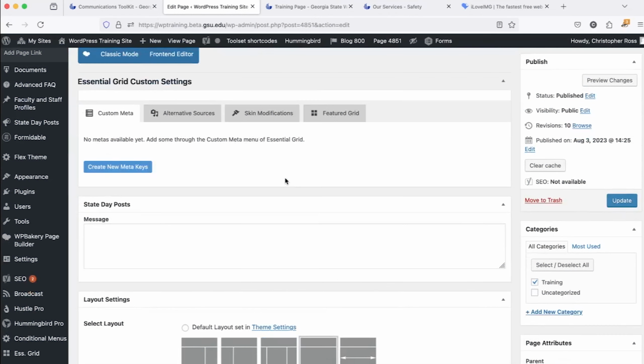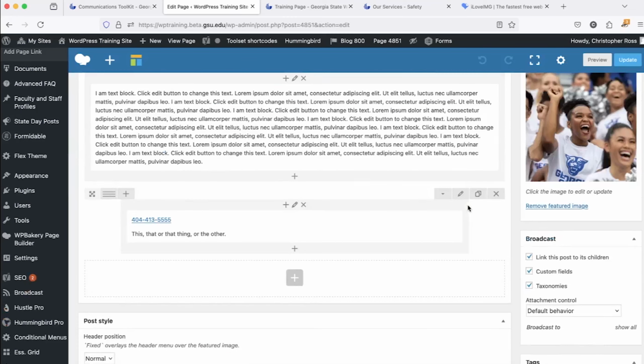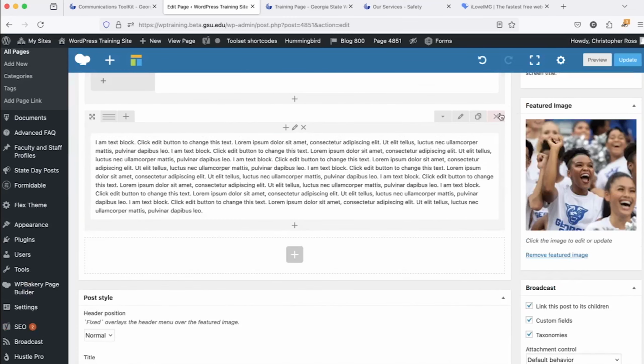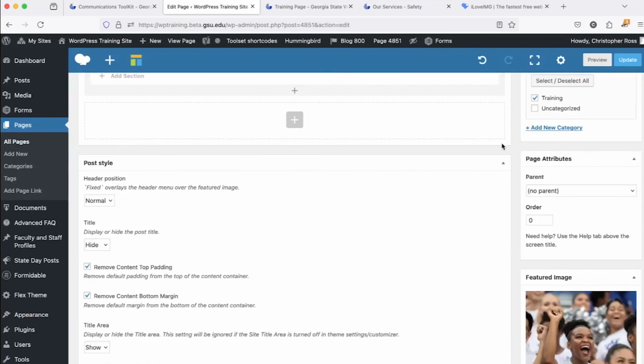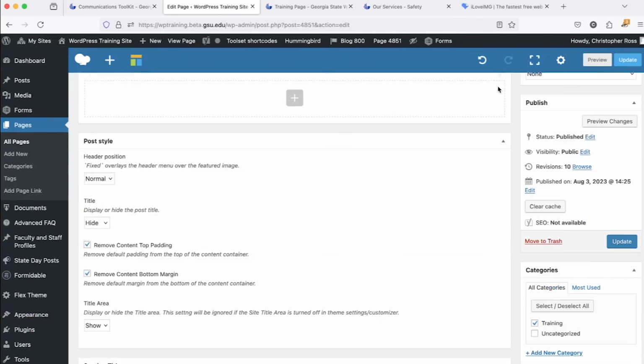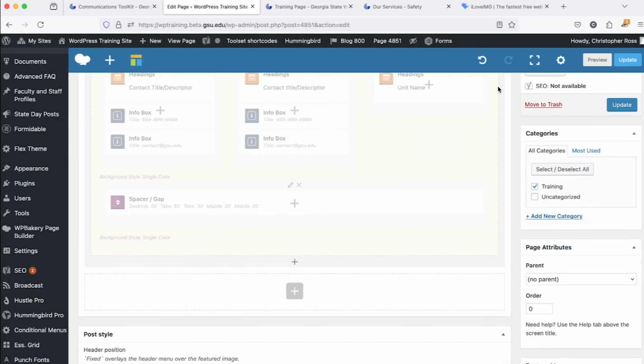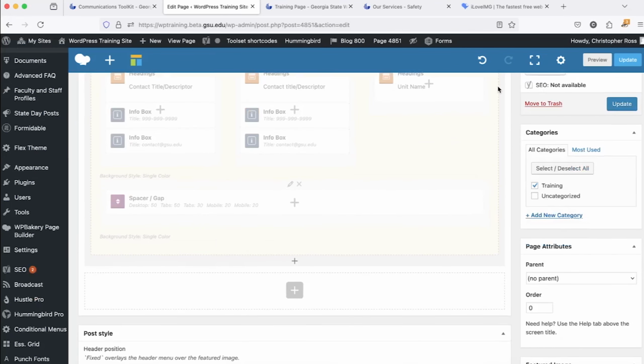Next thing I want to cover really quickly is GSU elements. We have themed elements that we have already created that you can use that have the GSU colors and padding and spacing and all that stuff already programmed into them. All you've got to do is populate them with your own information. To do that, click on a plus sign anywhere on your page where you want that content to go, and